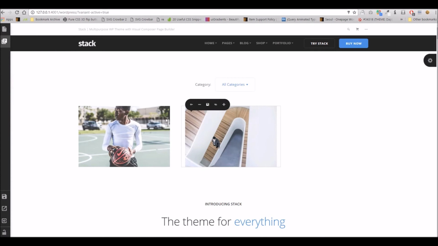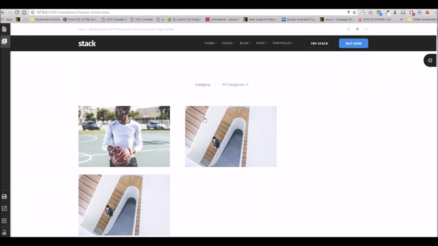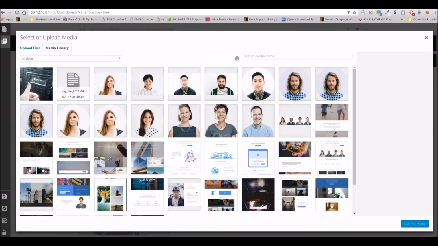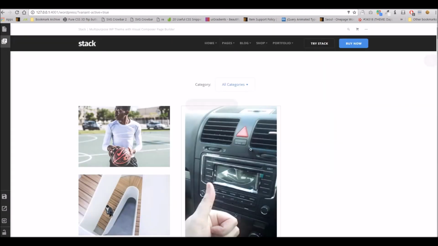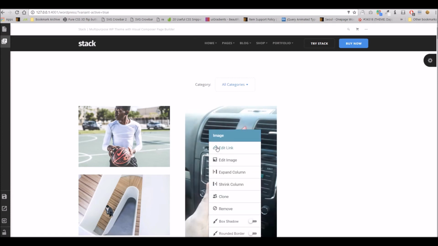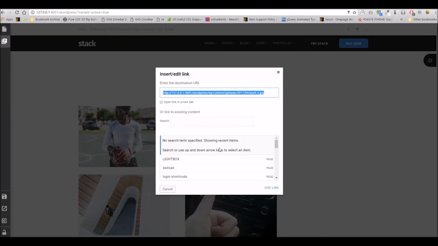Here we go. Okay, so you can see we've got one image here. Well, in fact, let's add our own. So I'm going to specify, just out of example, I'm going to put this random image in here. What you can now do is link this to another image entirely by simply right-clicking the item and hitting Edit Link. You'll see here currently it's set to link to the same image, but what you can now do is